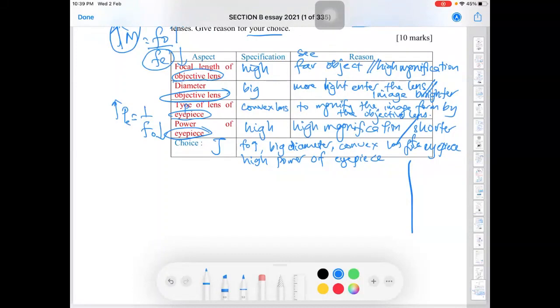Okay, itu sajalah untuk hari ni dari cikgu. So cuma kita nak pastikan walaupun you punya trial SPM